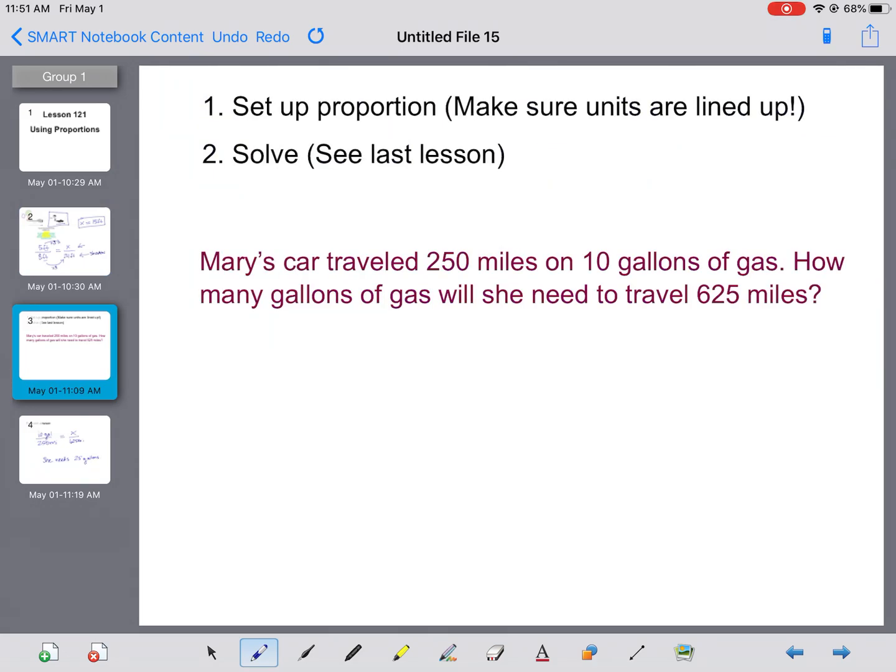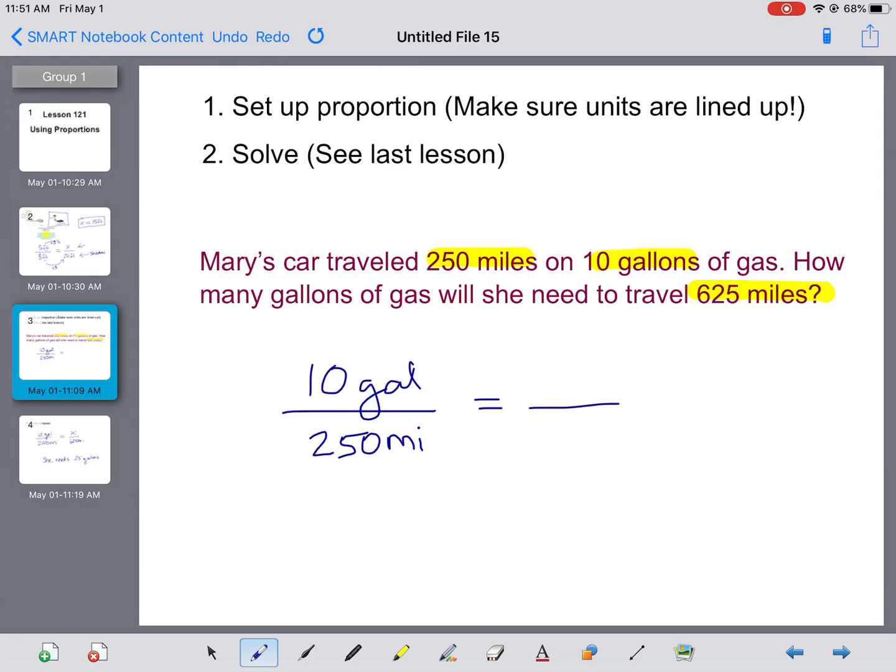Let's do one more example. It's maybe a little bit more complicated. So I have in the purple here, Mary's car traveled 250 miles on 10 gallons of gas. So I'm going to start out by setting up a ratio. So she took 10 gallons of gas to travel 250 miles. How many gallons of gas will she need to travel